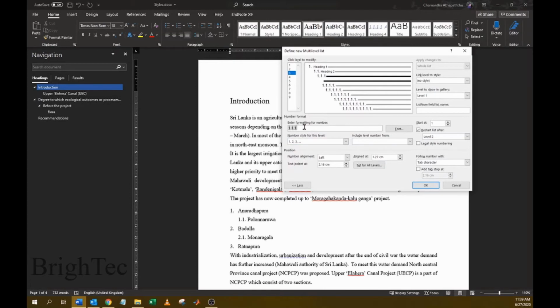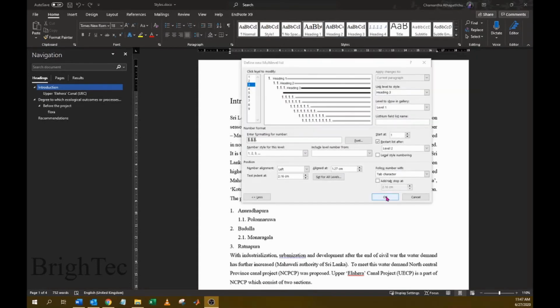And again, if you want, you can add a dot. So we have defined the numbering format. We will link this numbering format with heading 3. Okay, the level 3 numbering system is now linked with the heading 3 style, and the numbering will start with 1, and numbering will restart after every level 2 heading.